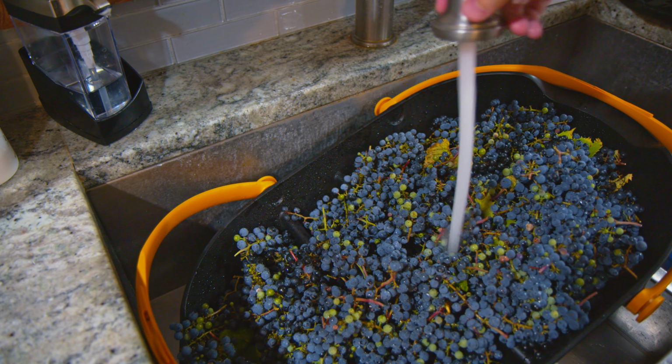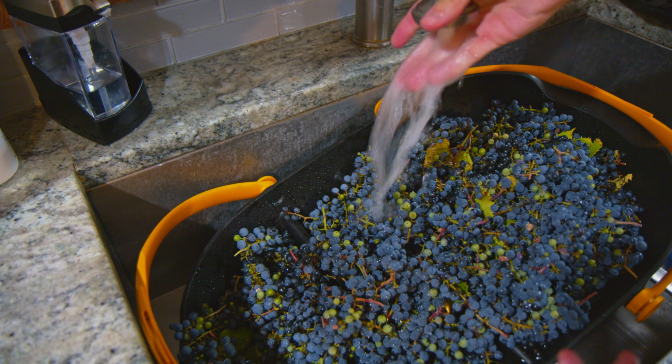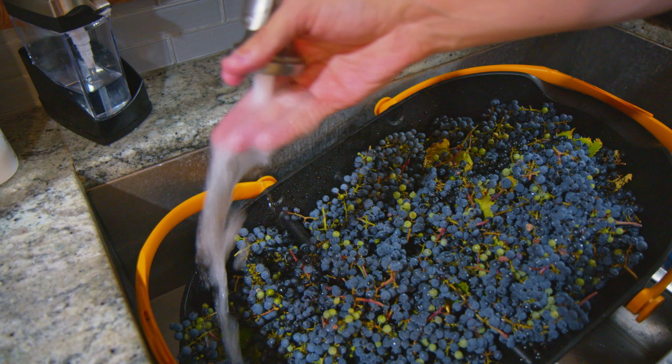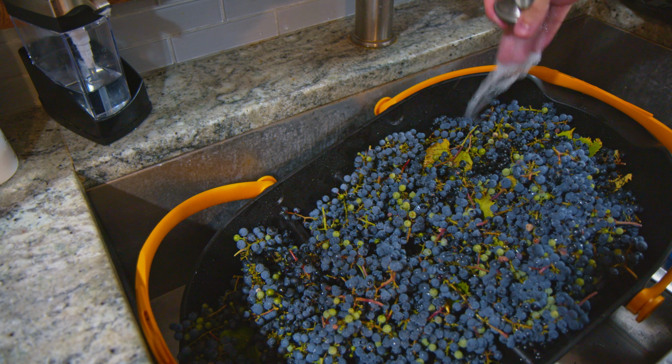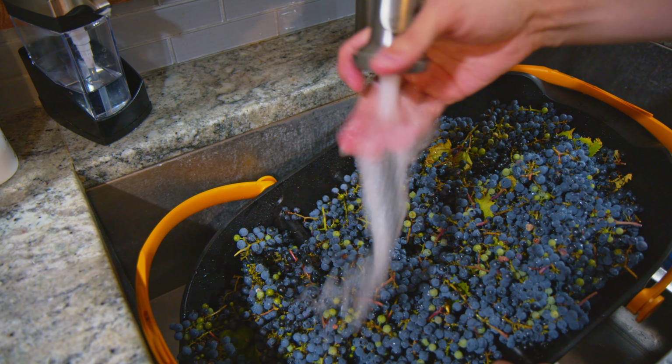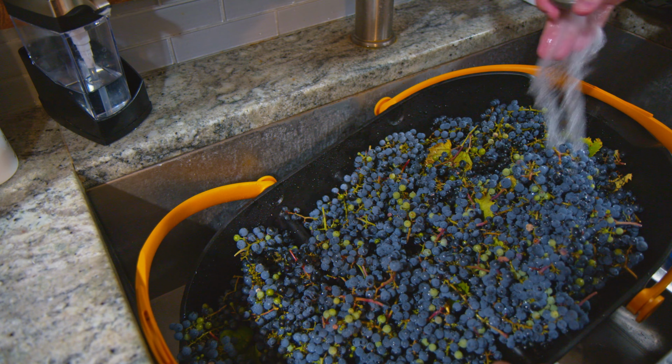Also, make sure you collect a lot, because these are mostly seeds inside. There's not a lot of pulp, not a lot of juice per grape, so you're going to need a lot if you want a good portion of jelly. Obviously, you can do this with just a few little bits and you'll just get maybe 1 or 2 jars, but I wanted quite a few jars because I wanted to share with some friends and families, so I collected